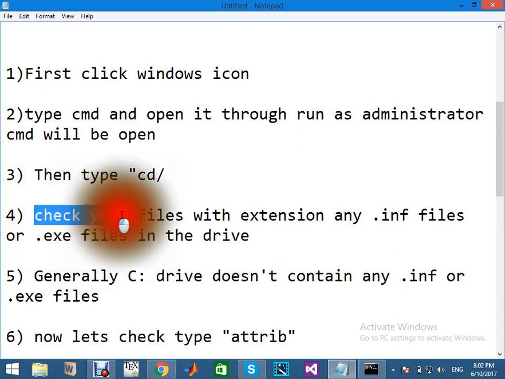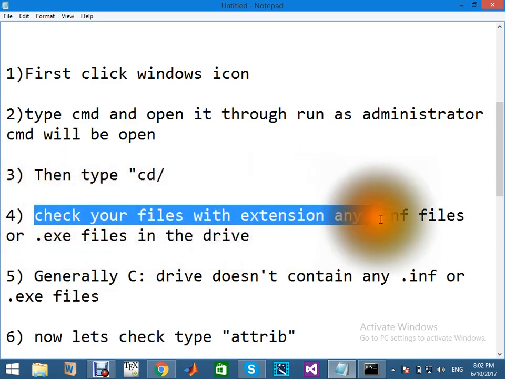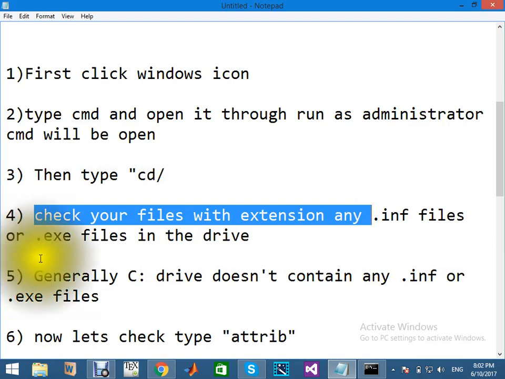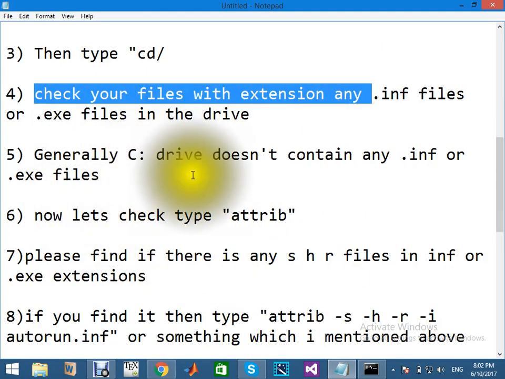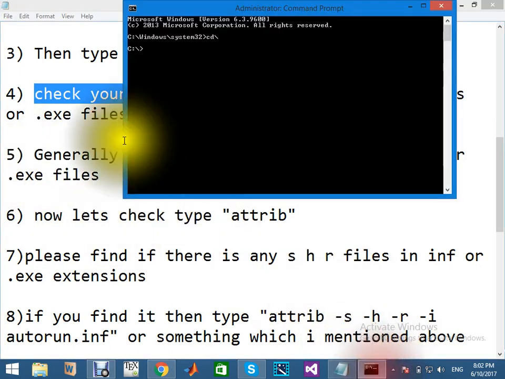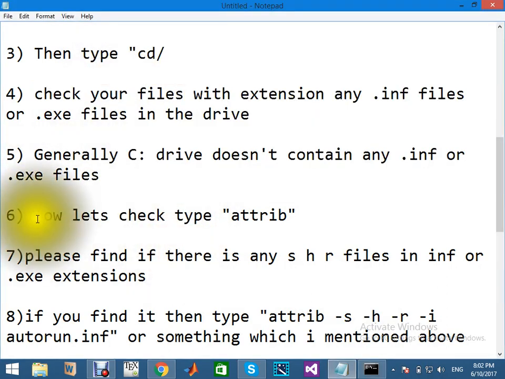Now, in the C drive you have to check for .inf files or .exe files. Generally the C drive doesn't contain any .inf or similar extension files, but if it does, then you have to detect and delete the virus. So let's check.